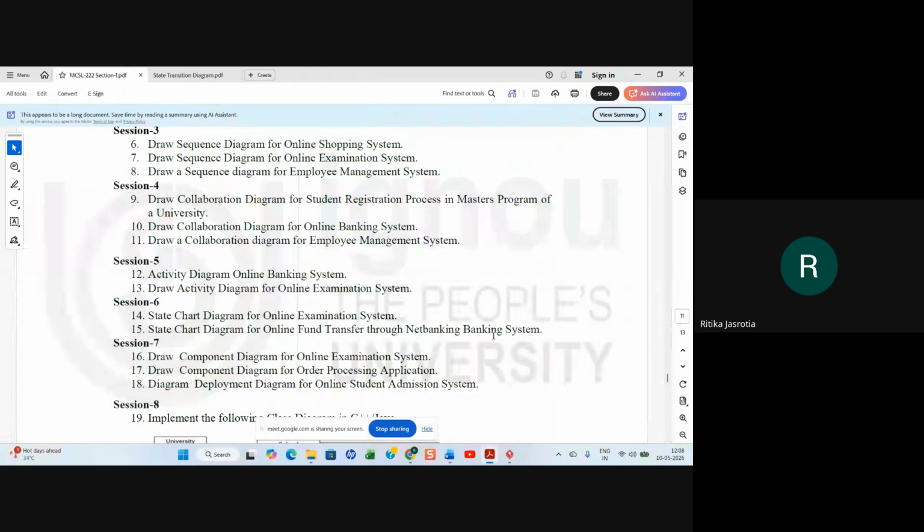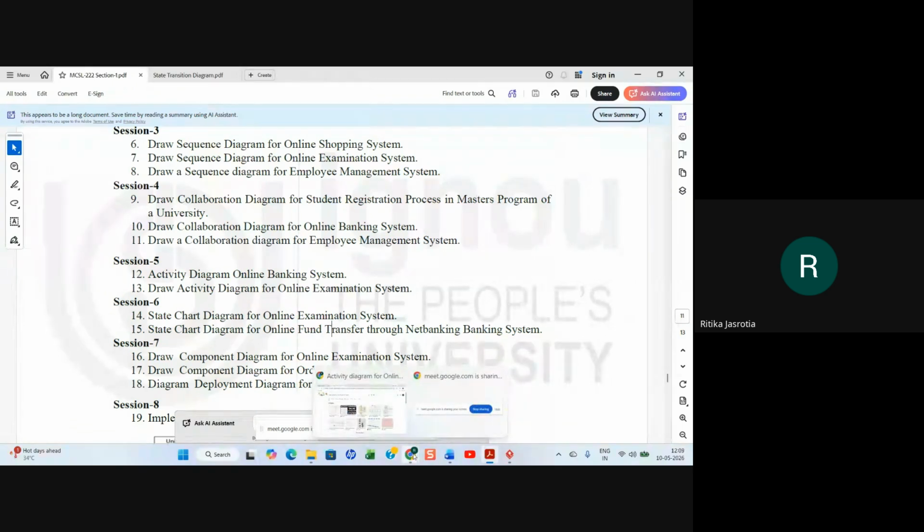Otherwise, the amount is not transferred, and it goes back saying you have entered the wrong OTP or wrong transaction password, right? And stop. This is how you will show online fund transfer through net banking. Only online fund transfer we are showing, nothing else, right? Yes or no? Yes, ma'am.